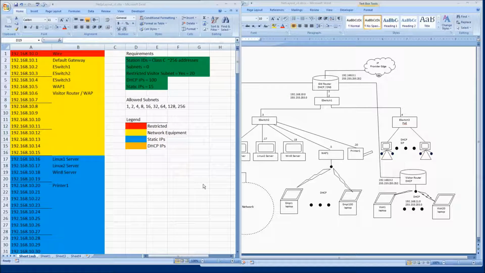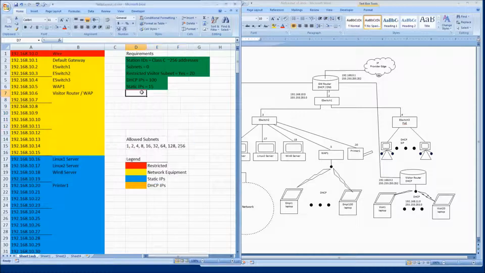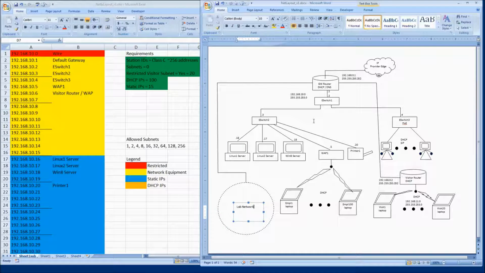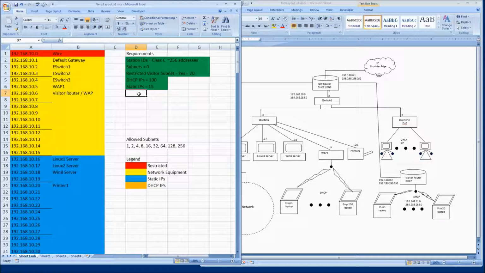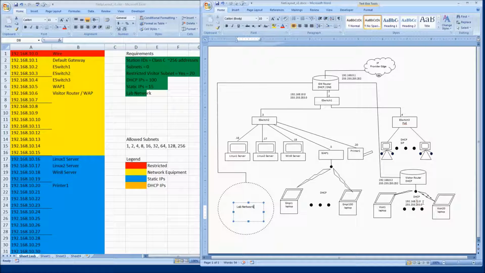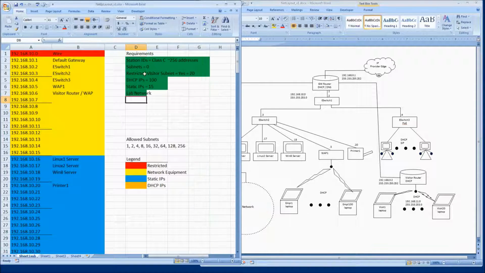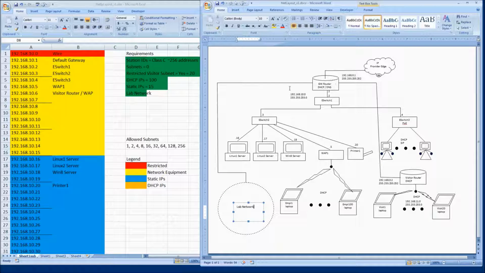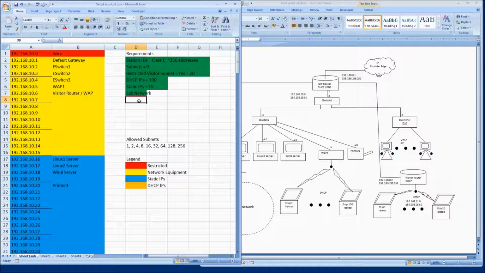Okay, we need to revisit our requirements so we can plan our subnets. So I'm going to add a few more rows here. Okay, so let's count up what subnets. We're going to need a lab network, so let's go ahead and add that in here. Network. And we have a visitor network here. I've already got that listed. And we're going to need a subnet for this point-to-point connection. So we'll say subnet for